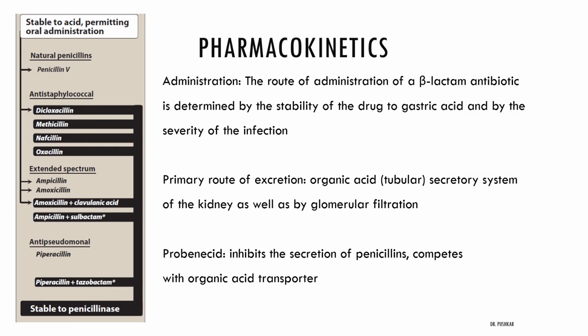Let's see the PK of these penicillins. So the PK, we see that these antibiotics which are stable to acid and are used orally include penicillin V, because we remember that penicillin G was acid labile, so it was not used orally, it was used IM or IV, while penicillin V is acid stable, so it is used orally, as well as anti-staphylococcal penicillins. In it, dicloxacillin is acid stable, it can be used orally, as well as some other extended spectrum penicillins